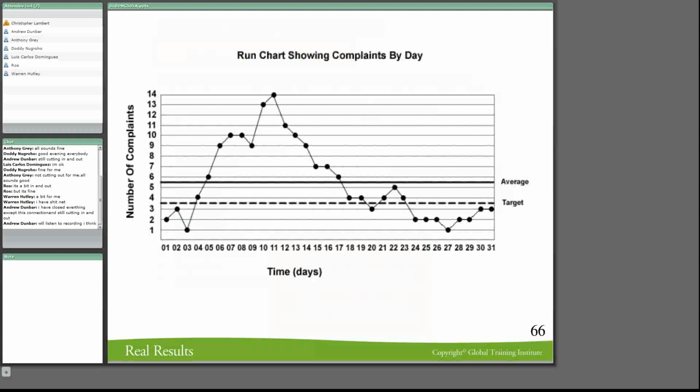Right? So here we find that really it starts around day 4 and goes all the way up to day 18 are the days that we have the most number of complaints. And then maybe we changed something in the process, got the average, and then obviously we got better and better at it, and we overproduced in our target. So a running chart can actually help us to identify